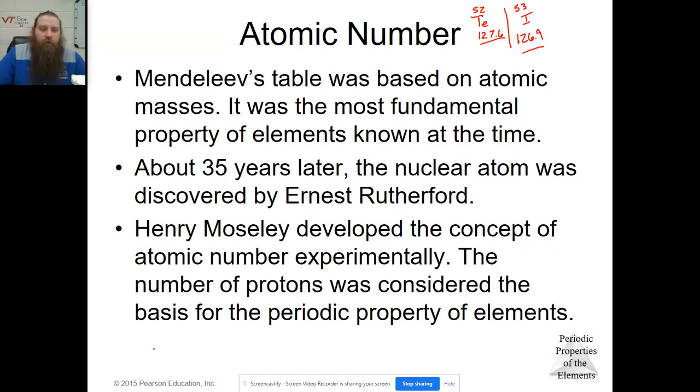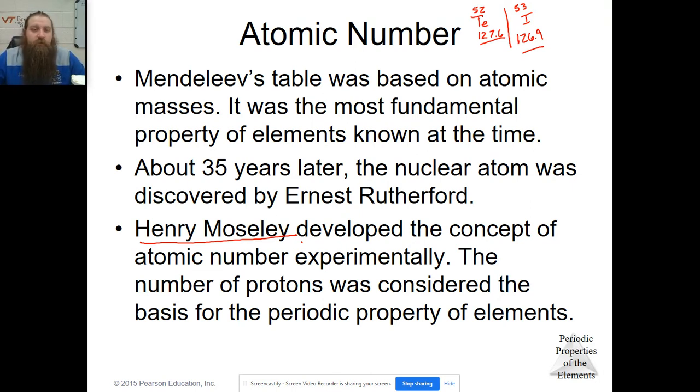That was brought about by a guy named Henry Moseley, who unfortunately lived a very short life. He died in his 20s in World War I, like 1915, I think, which is a shame because he is the person who said we should organize the periodic table by increasing atomic number. He was pretty bright, and probably would have contributed some more science. But anyway, after Ernest Rutherford discovered the nuclear atom, so that the atom had a nucleus, Moseley said we should organize our periodic table by